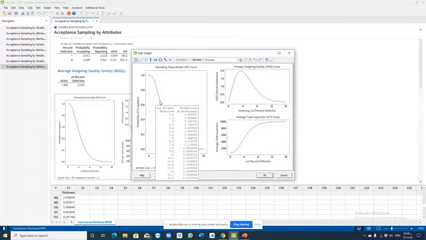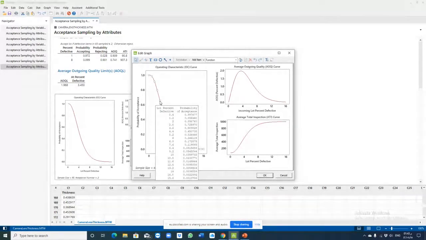When you compare that to the AQL, definitely that is exceeding the AQL because the AQL is 1. The AQL, when it is 1, which is 1% defective, you can see the value